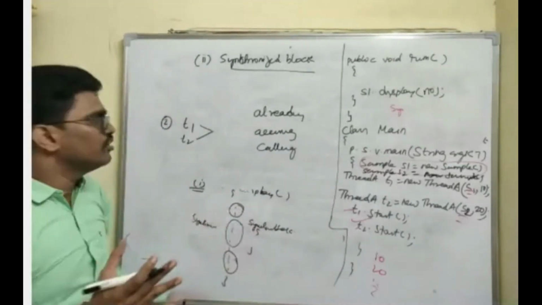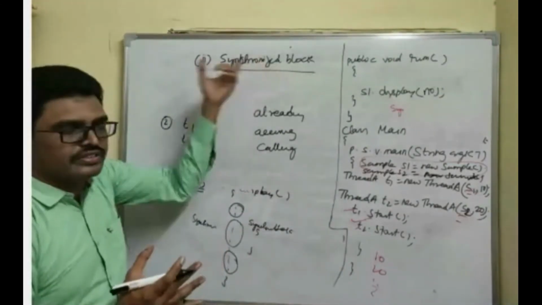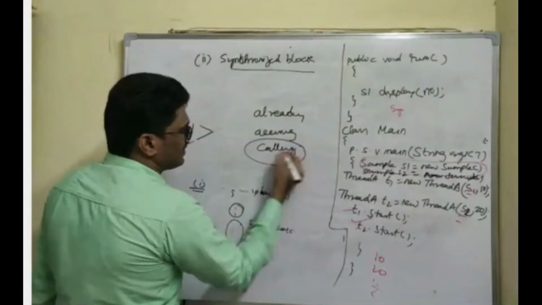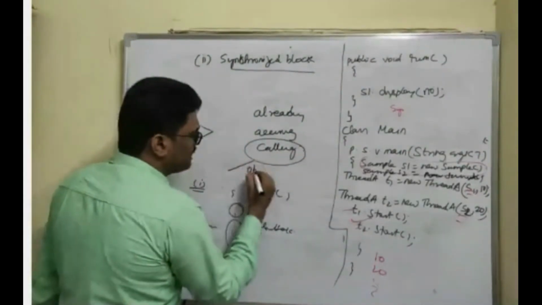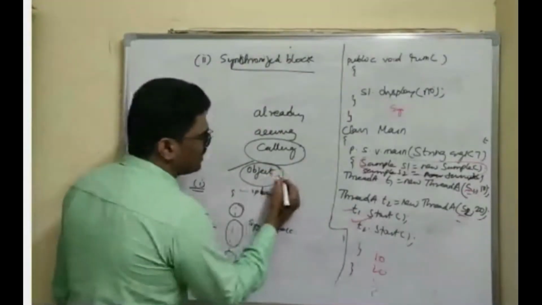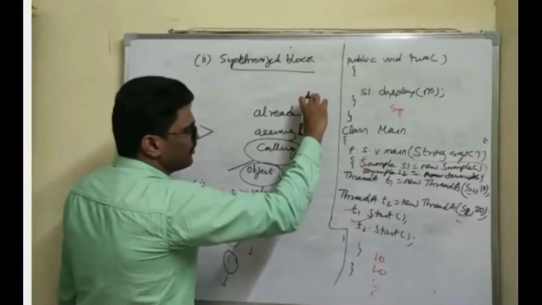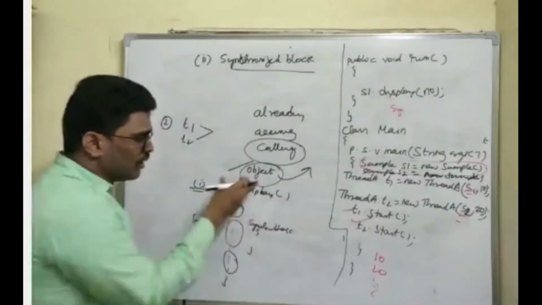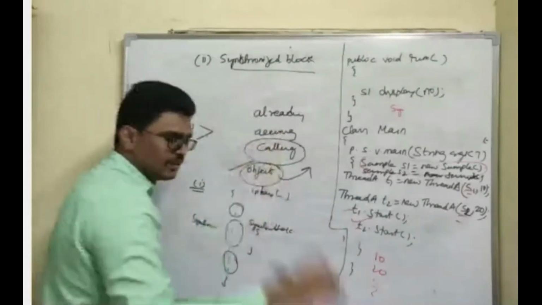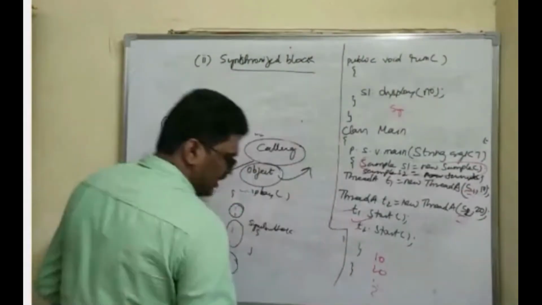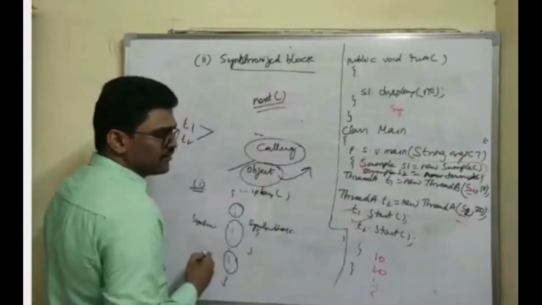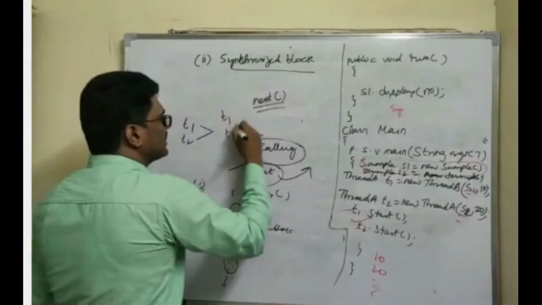Then you will be using a synchronized block or synchronized object. Whenever you are calling that method, we synchronize the object through which you are calling. The object which calls that method, you put inside the synchronized block. For example, you are using the nextLine or nextInt method, the Scanner class methods you use frequently. Suppose 2 threads are accessing this.